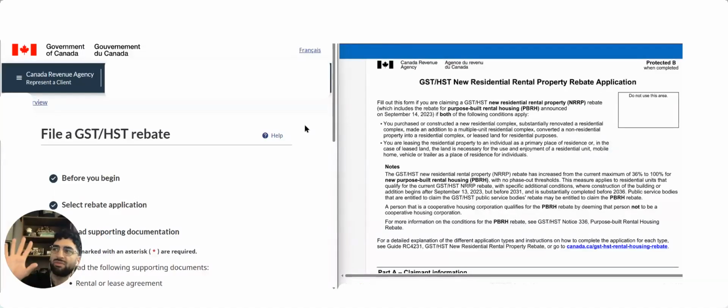It's going to take maybe 5 minutes on how I apply for my clients to get the GST HST new residential rental property rebate. Now, I personally used to work at CRA in the GST HST department, so I'm very comfortable with these. I've done these for clients for many, many years. I'm going to be sharing my screen and walking you through step by step how I submit it directly with